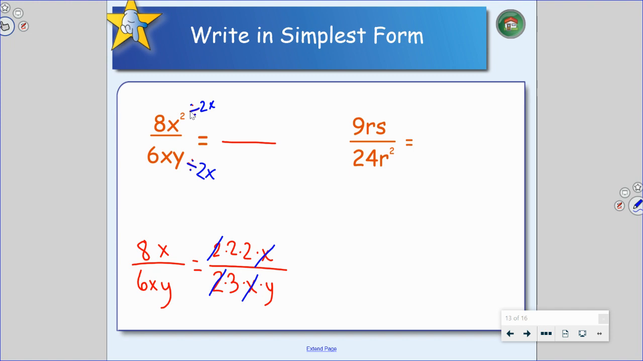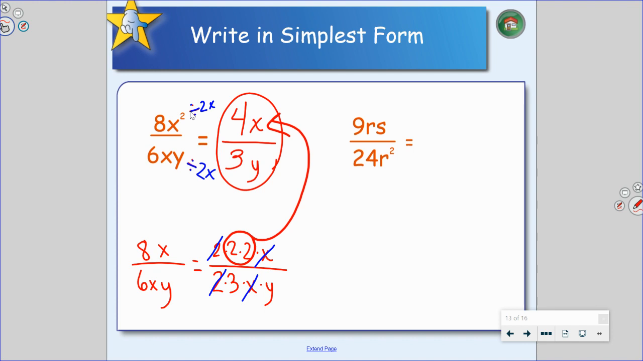Now, pretend that you can't see that bottom piece, okay? 8 divided by 2 is 4, and x squared divided by x leaves us with a single x. Meanwhile, in the denominator, 6 divided by 2 is 3, and if we have xy divided by x, that leaves us with a y. Now, many of you are not going to be surprised at all, because if you take a look here, you'll see that,